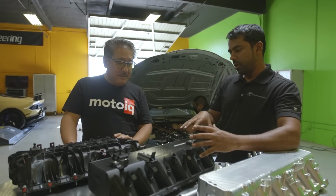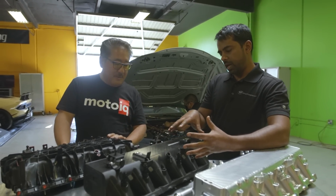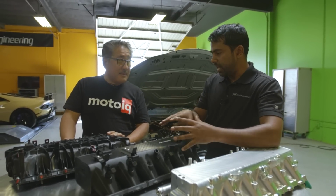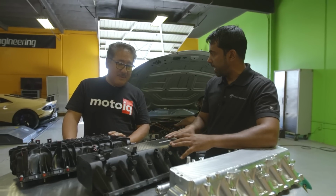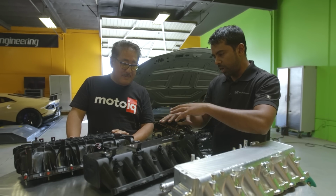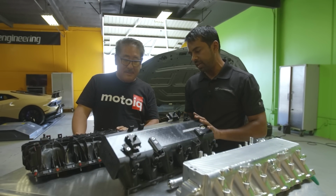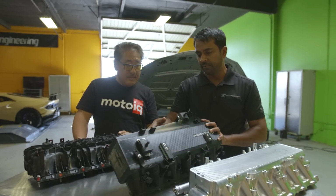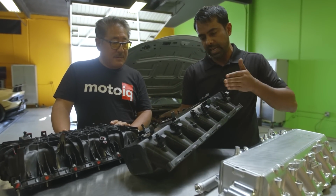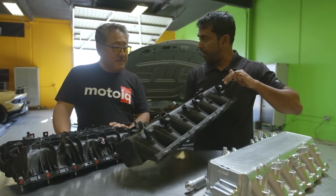Our design principles are based around keeping as much of the original design concepts as possible. So when we want an enthusiast to install one of our parts, we want them to be able to just fit it in without any other modifications, or as few modifications as possible. One of the key things in this design was to maintain the mounting points for the manifold and maintain fitment with the valve cover and the valley,